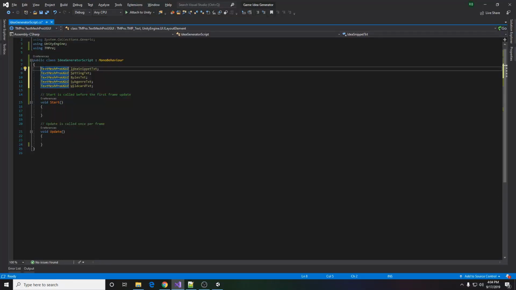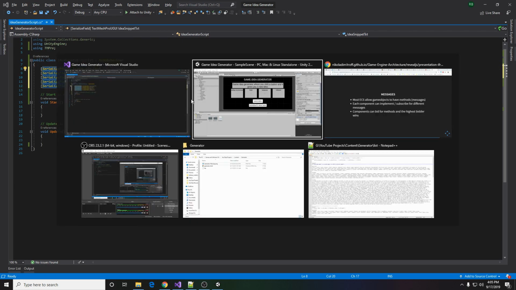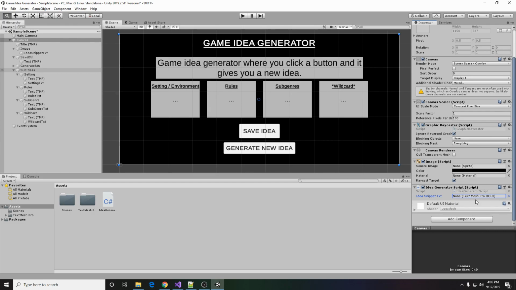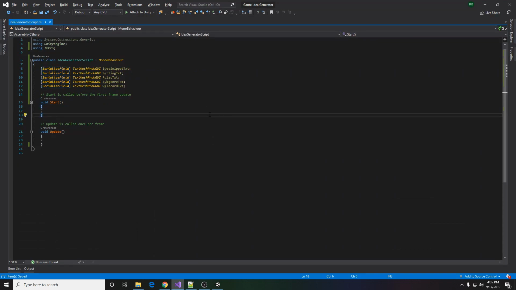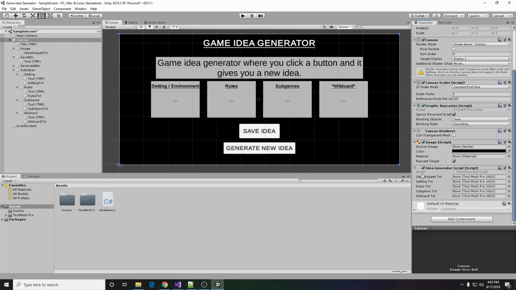So here we select all the lines just so we can do it quickly, and I'm going to do serialize field and close that. And now what that means is this is basically like an attribute, and this tells Unity to serialize it so that it's available in the editor here, but it's not going to show up to other scripts that try to access. So if we save that here, we go back, when it updates, there we go, you'll see we have access